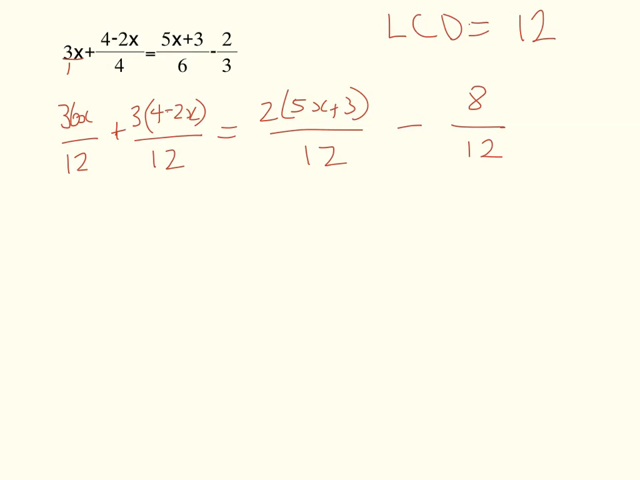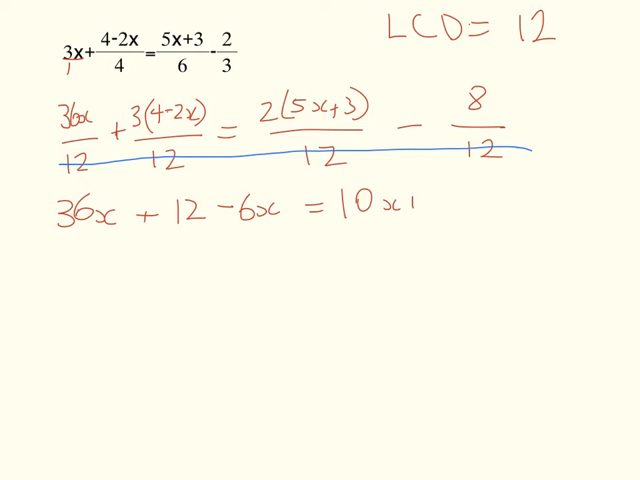12. So now the thing I can notice is that because all of my denominators are the same, I can just eliminate them all. It's like I've multiplied each of those terms by 12, which will give me 36x plus 12 minus 6x equals 10x plus 6 minus 8. Now, again, those denominators of 12 could all still be there, but if everything's being divided by 12, I can just proceed without them. So I end up with 30x plus 12